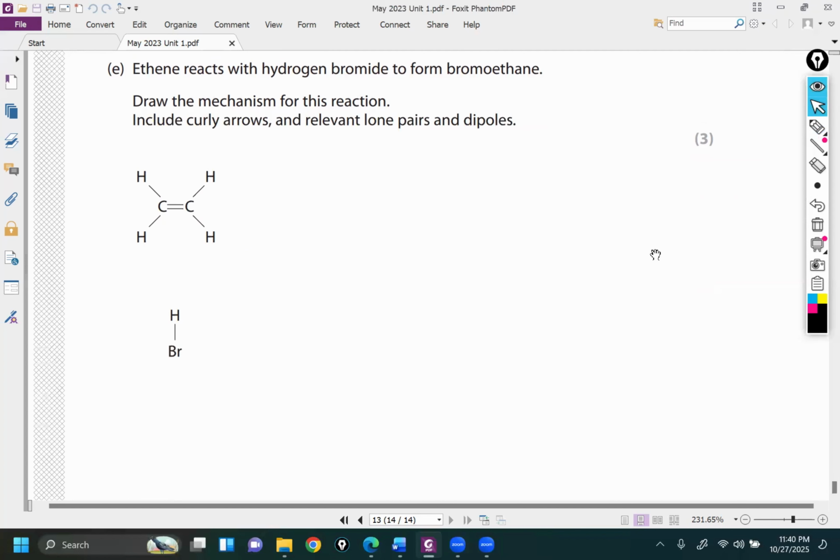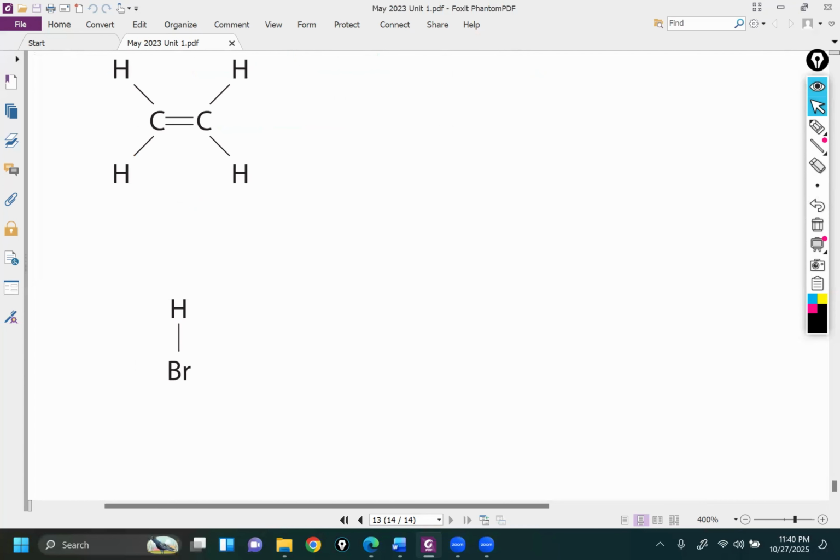Okay. The last question is regarding ethene reacting with hydrogen bromide to form bromoethane. Draw the mechanism for this reaction. So this is very solid marks. Please listen carefully, and I suggest that you increase the size of the font. See here, my dear. This is HBr. Bromine is more electronegative. You will always start the arrow from the